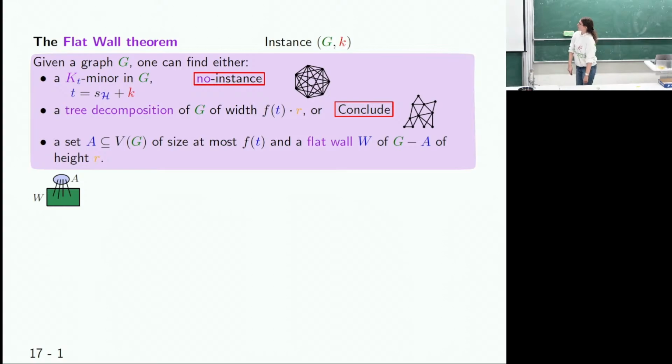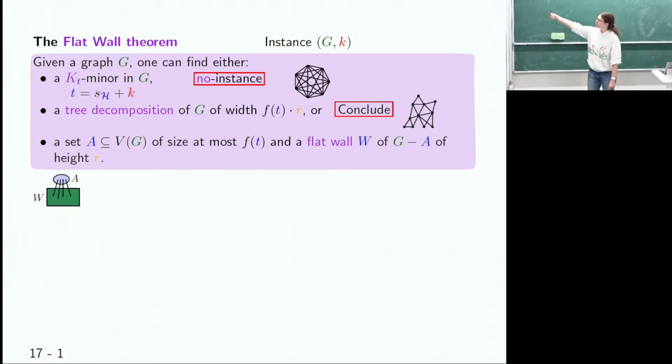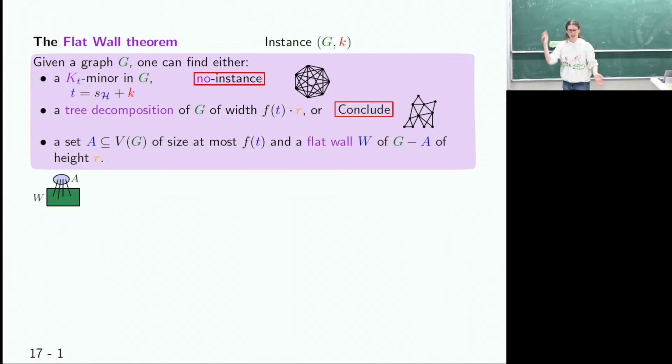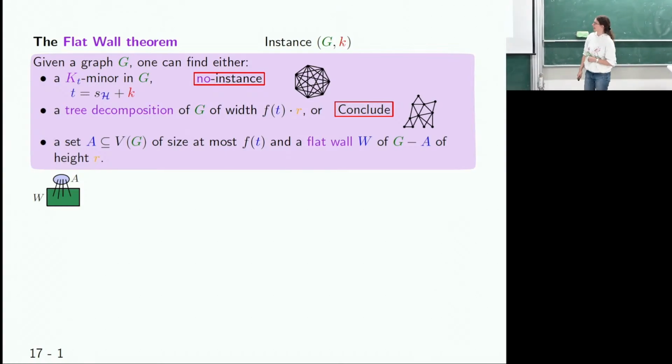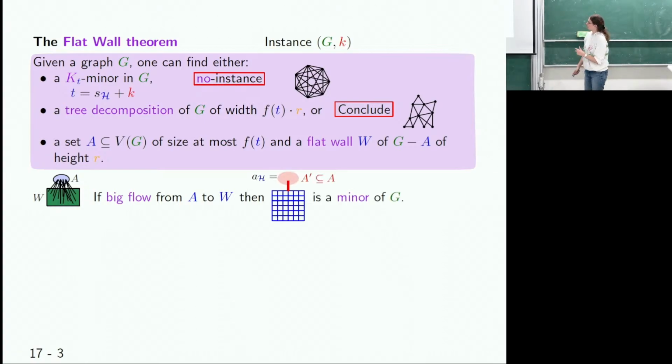Okay, so now that we have this, let's see again how it works. So we have the flat wall theorem that says either we have a big clique and then we say no, or we have bounded treewidth and we conclude, or we find a set A such that if you remove it, you have a flat wall. And then we have two cases. So either there is a lot of flow between A and your wall, and then you can contract the wall such that you will find this as a minor, so a big grid and A above that sees everyone. So this means that, for some A prime of size h,